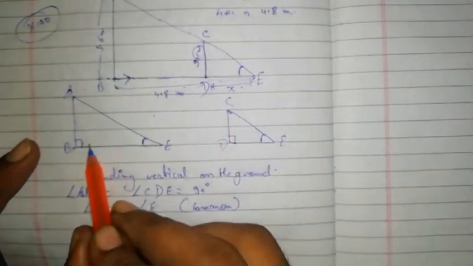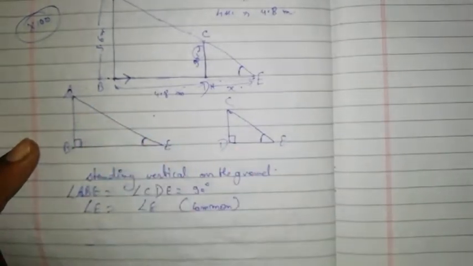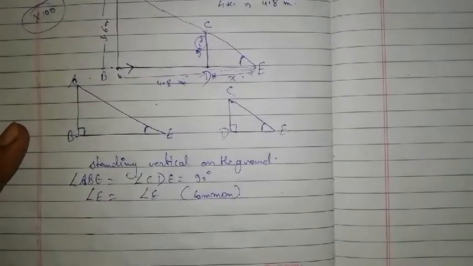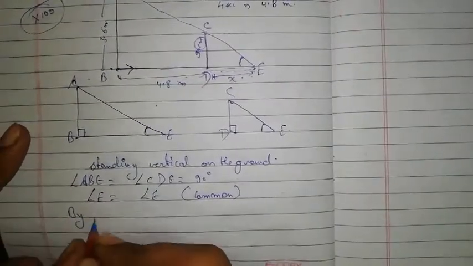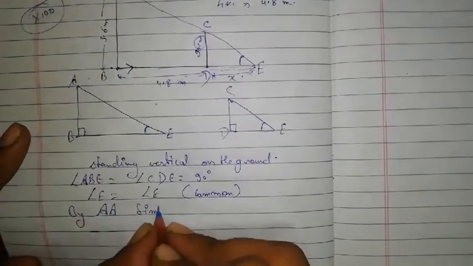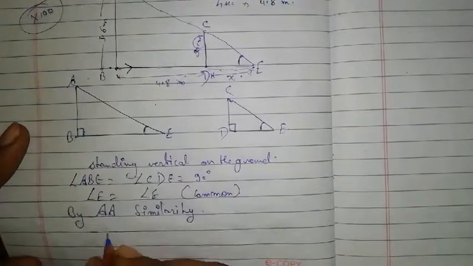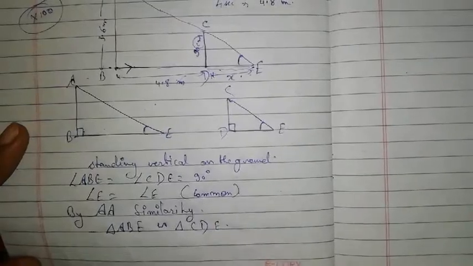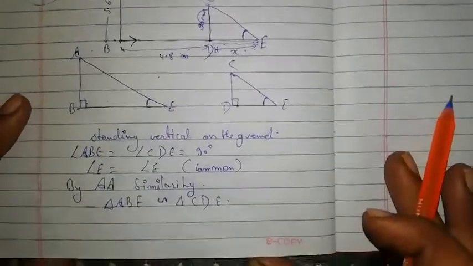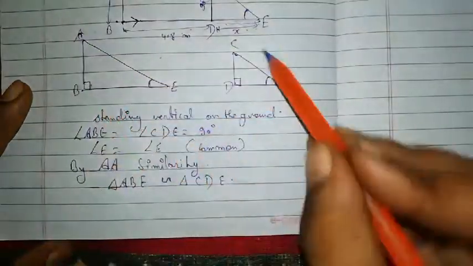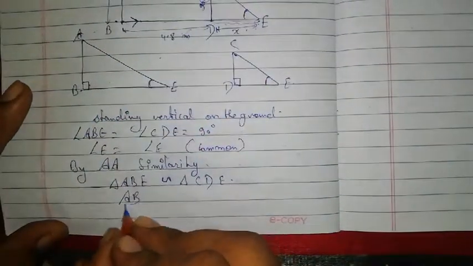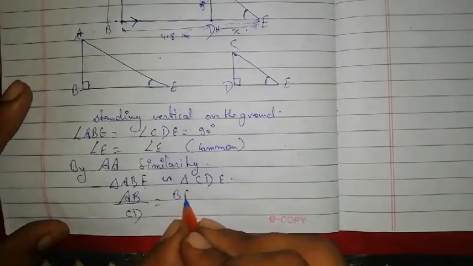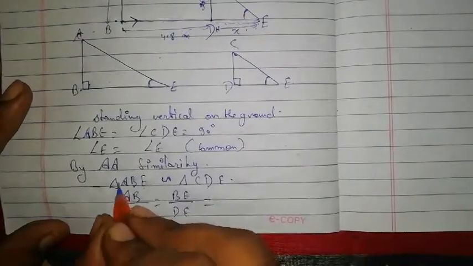Now when two angles are equal, the third is automatically going to be equal to each other, that is why I have taken this question too. So here we can only apply angle similarity. By angle similarity we can say that triangle ABE is similar to triangle CDE. Now how will the corresponding sides be, son? Look, AB and CD, so we will say AB upon CD, then B to E, so here D to E, BE upon DE is equal to AE upon CE.